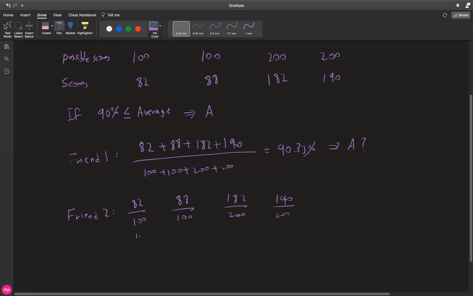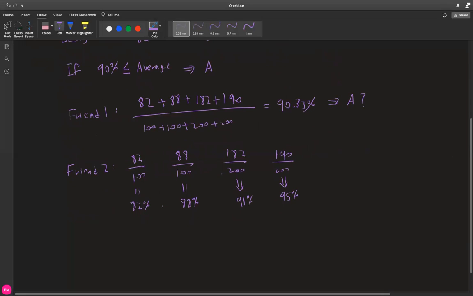So this is 82%, this is 88%, this is 91%, and lastly this is 95%. You can simply add all these up and divide by 4, which in this case gives you an 89%. So this is not an A.